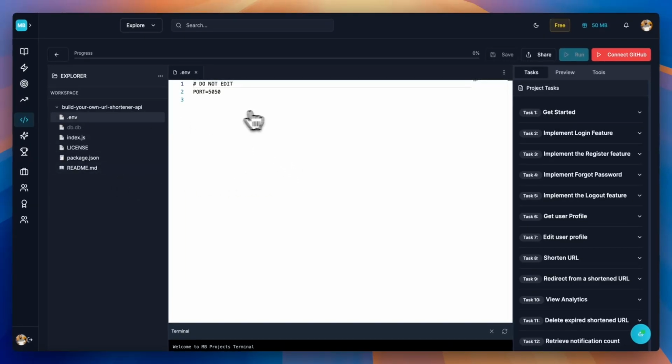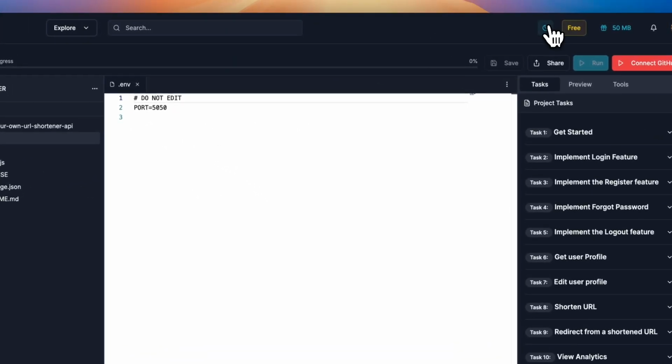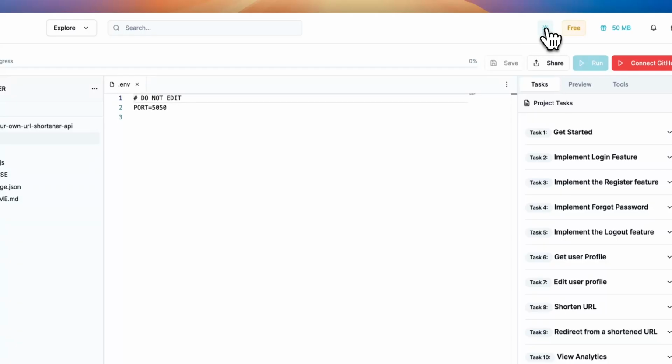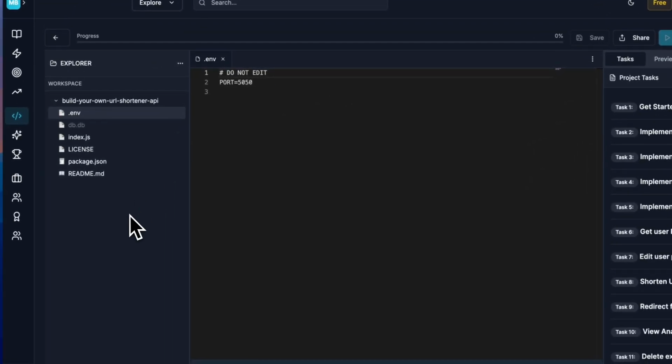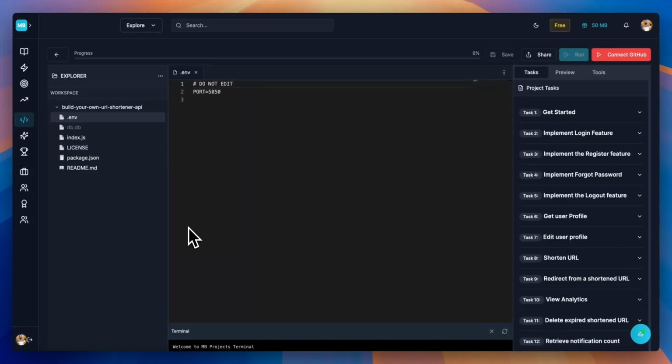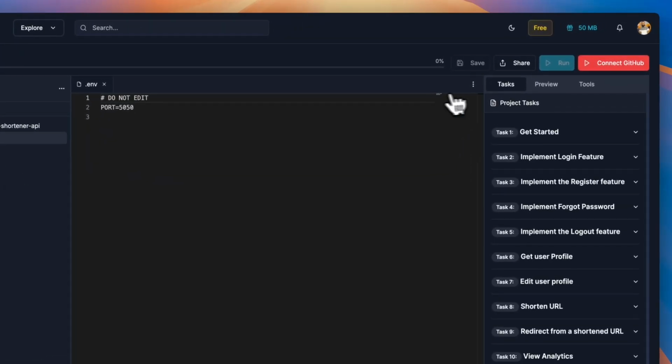So let me switch this to Dark Theme. All right. So now that we are here, the first thing that I would love to do is to connect my GitHub. Of course, this is going to help me sync between what I'm writing here and, of course, my code on GitHub. So I'll click on Connect GitHub,